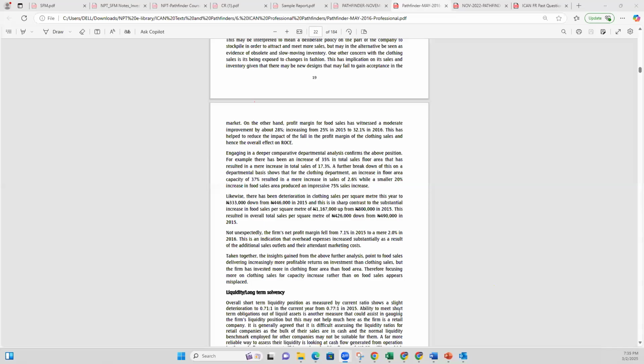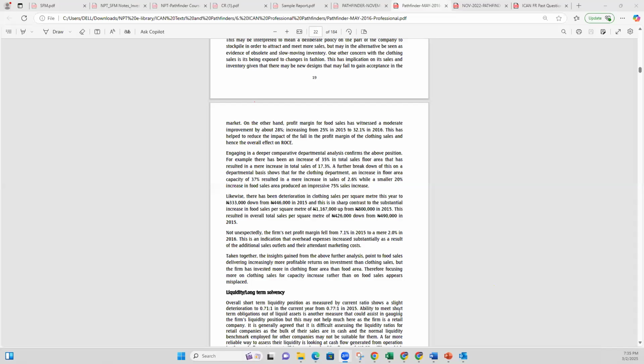Not unexpectedly, the firm's net profit margin fell from 7.1% in 2015 to a mere 2.0% in 2016. This is an indication that overhead expenses increased substantially as a result of additional sales outlets and the attendant marketing